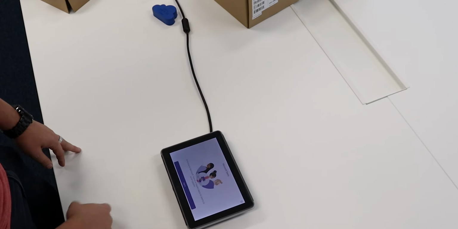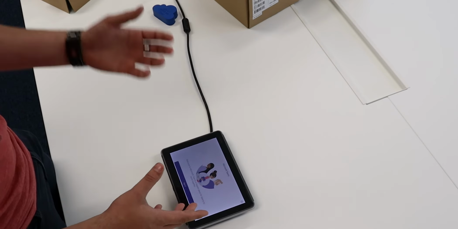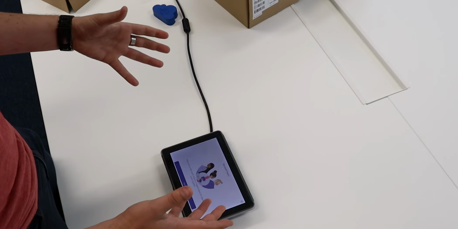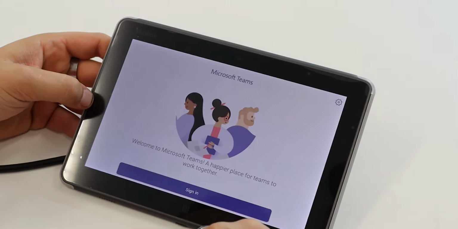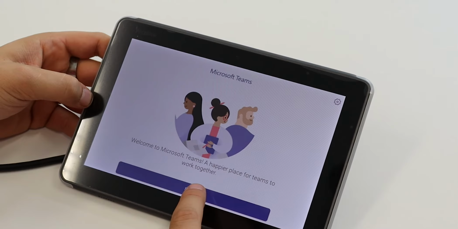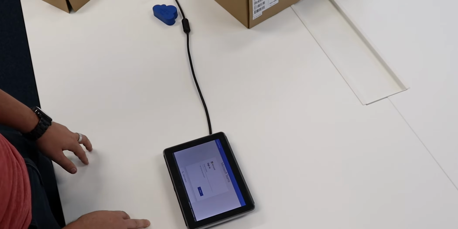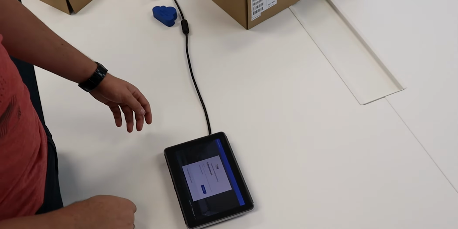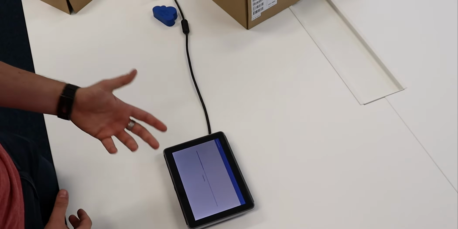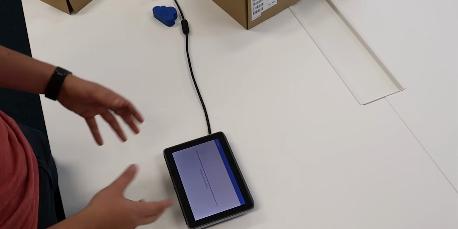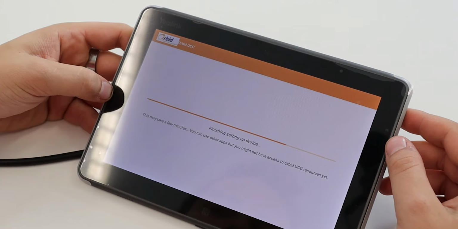Done. And as soon as it's done, you see the Microsoft Teams sign-in screen. You just need to sign in with the meeting room you are going to hang up the Yealink from. If you press sign in, you get the all-known Microsoft login, where you need to log in with the username and the password of that meeting room. So we're going to log in with our meeting room. Just press sign in. And as soon as we sign in, we see the company portal. In the background, we have Microsoft Intune taking care of everything. It is joining our device, it's registering our device in Office 365.